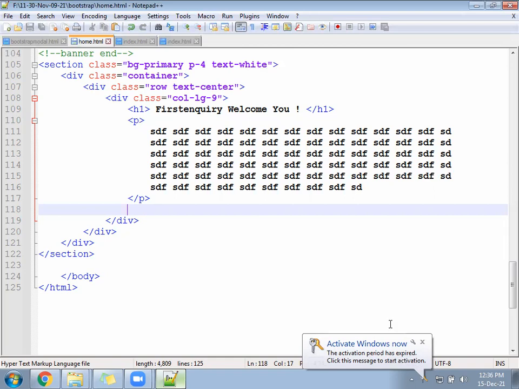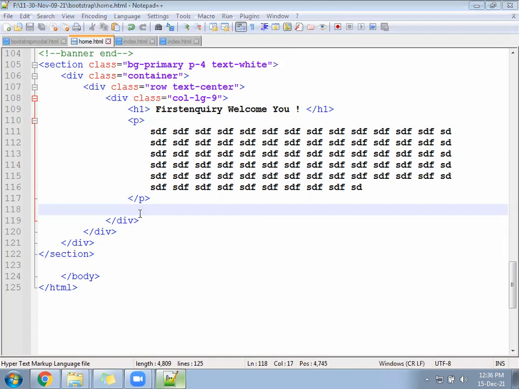Hope we are writing. After the paragraph, what do we need to do? Four photos in one line. The paragraph is part of the 9. After the 9, we are going to display, and as we have discussed, in case inside the column you need to create a row again.